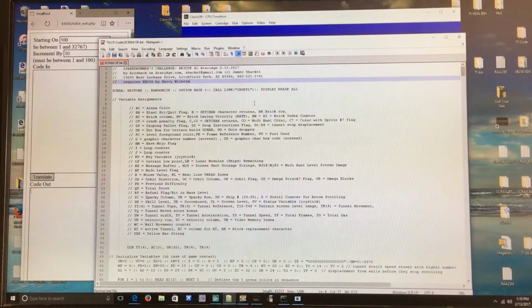This is a first and only take on the workflow I talked to you about yesterday. I'm using Notepad Plus here on the PC, and I'm editing code which will be converted into TI BASIC code that we're going to compile. And right now you can see there's some comments here,